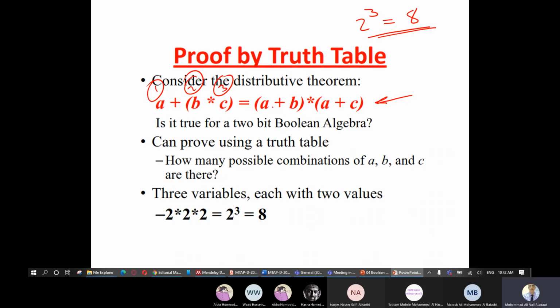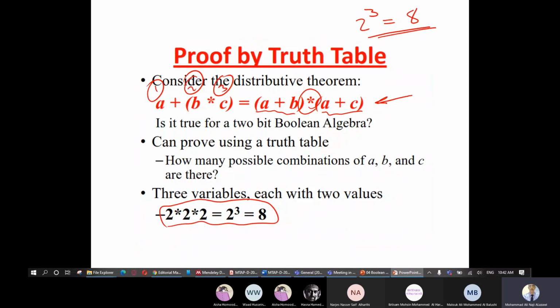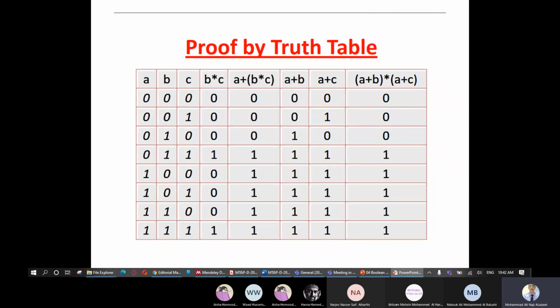I have to find A plus B, I have to find A plus C, then I do the ANDing in the truth table. So here, if you can see, this is the answer. First 3 variables, each with 2 values, 0 and 1. Remember, I want you to keep this in your mind: A plus B dot C. I want to prove this is equal to A plus B